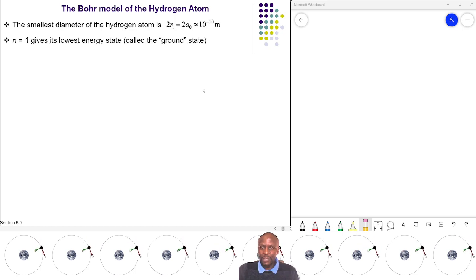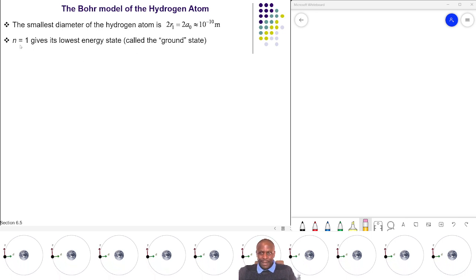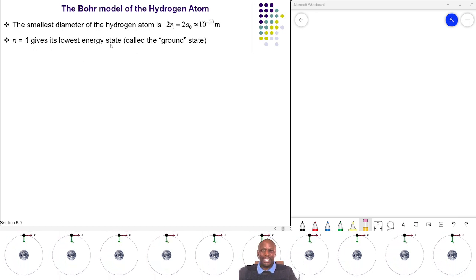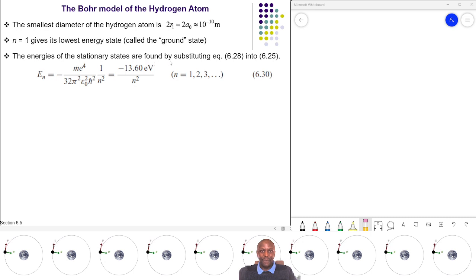So now this is what you are going to have. Roughly, the diameter of the hydrogen atom is 0.1 nanometer. Right. Now n=1 gives its lowest energy state, called the ground state. Now the energy of the stationary states is found by substituting